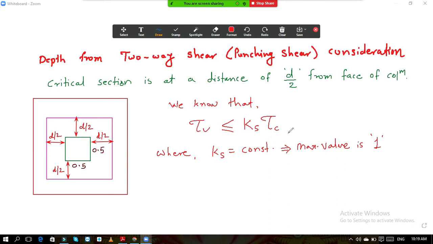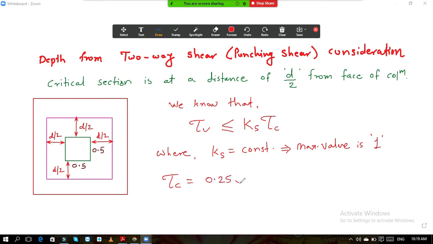This is our condition. Okay, you note down these points. These are the very important points. Okay, so now how to calculate this permissible shear stress first? So the formula for permissible shear stress is tau c is equal to